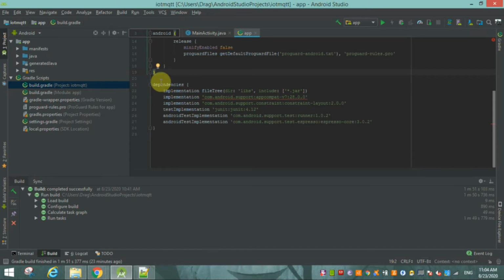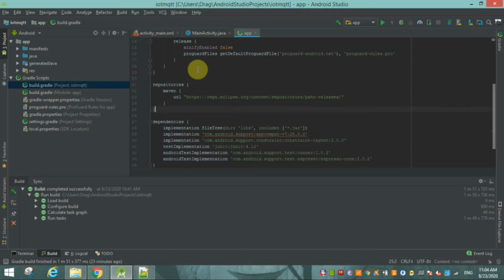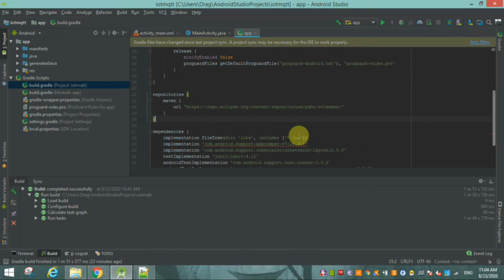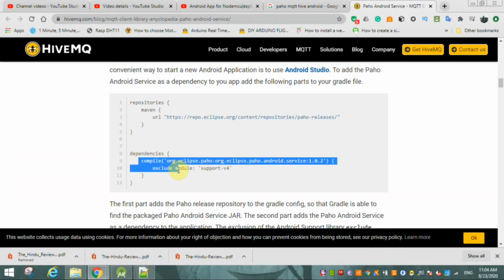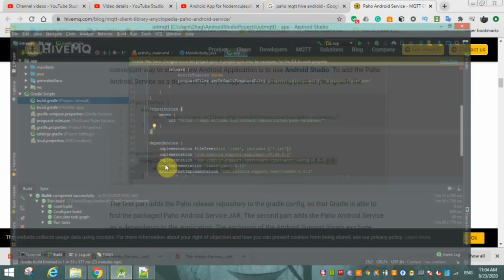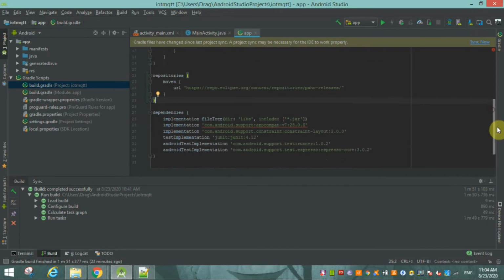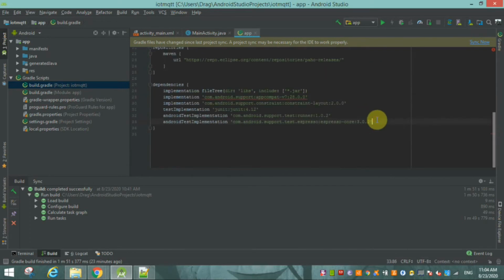Above that block you have to paste that repository. After that you have to copy this dependency, the whole thing from compile to support-v4 with the curly brackets, and paste it inside your dependencies.